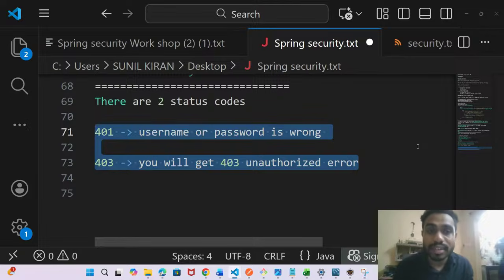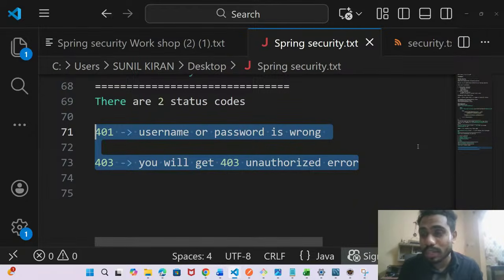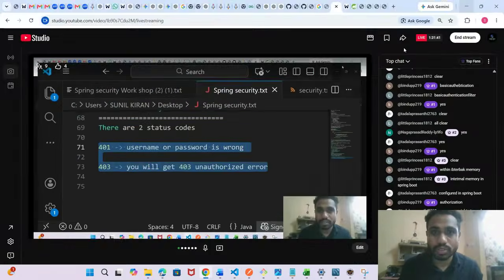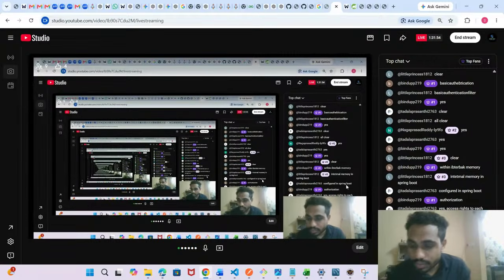Okay, we have completed default authentication, and the second one is custom authentication. Now we entered into in-memory authentication, where we are defining the roles for each user. Okay, clear, people? Guys, so far, do you have any doubts? Please feel free to ping me in the chat box so that I can understand your doubts.